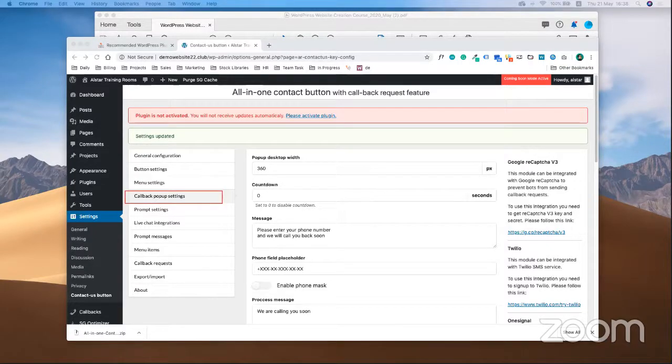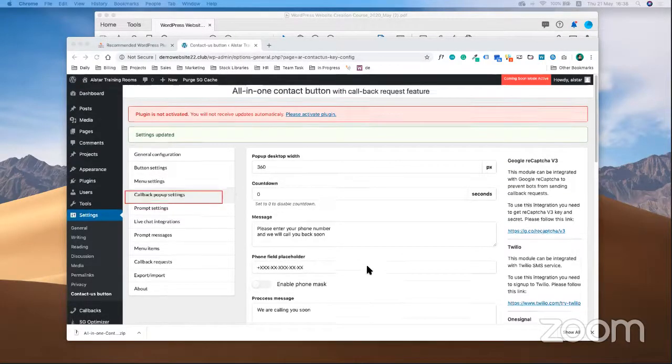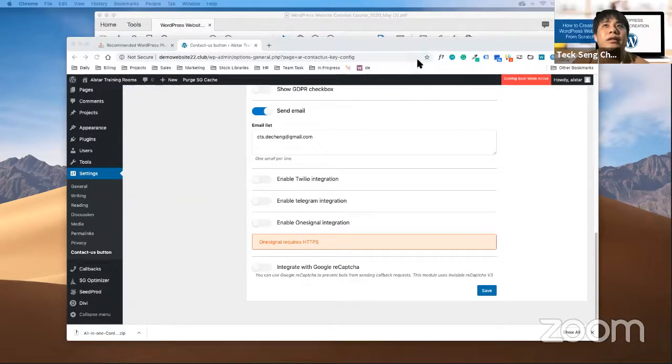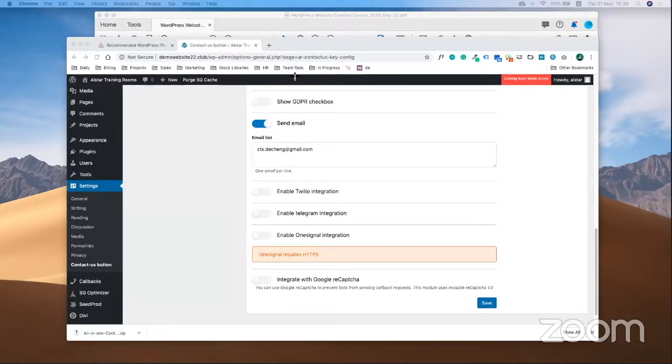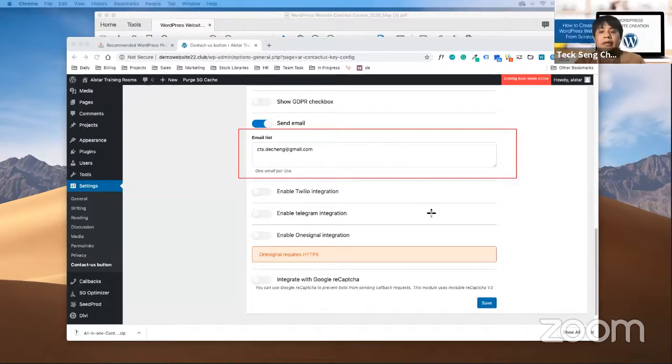Gavin, your question? So it just goes back to the email listing. I didn't really get what you said about the email list, as in putting our own email address. What does that actually mean? Is it collecting email addresses or what? No, this callback request, this plugin that you install, will basically have this on. Okay, let me show you how it looks like.